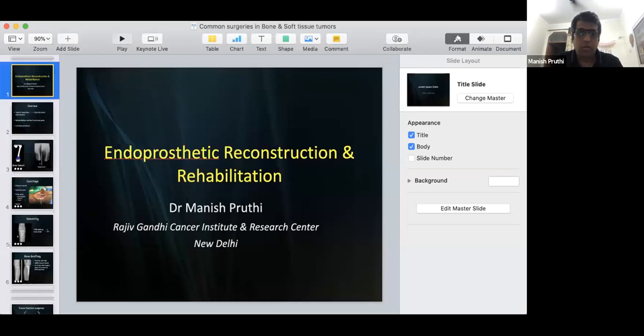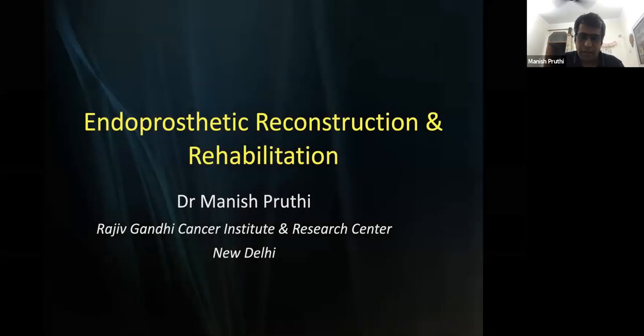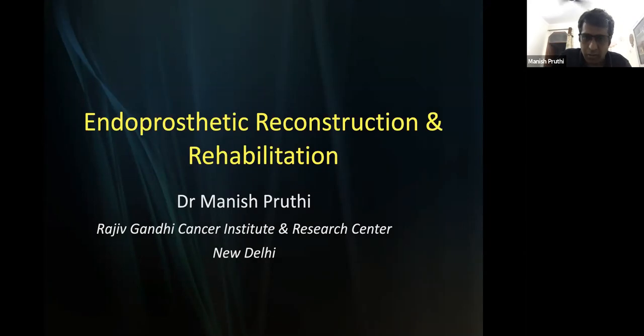Yeah. So it varies with the different cases, and then the rehab is according to the type of reconstruction. So it is a little confusing for a non-surgical resident to understand, or even for a surgical oncology resident to understand what exactly the rehabilitation will be. But yes, that is why I'll be covering first the reconstruction options, and then we'll be discussing the rehabilitation with the reconstruction option, so that it becomes a little easier to understand.